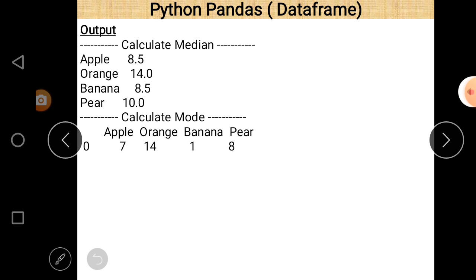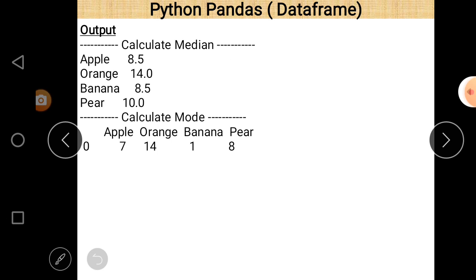To find the median we use the function median, and again it is calculated for the different columns, apple, orange, banana, and pear, and the values corresponding to these columns are 8.5, 14.0, 8.5, and 10.0. As we know, the median is the middle value. So these are the middle values.